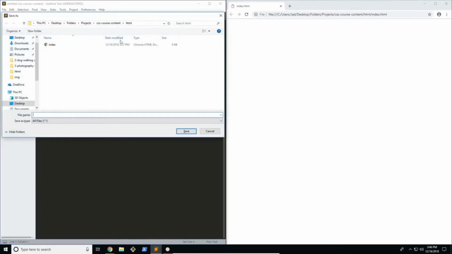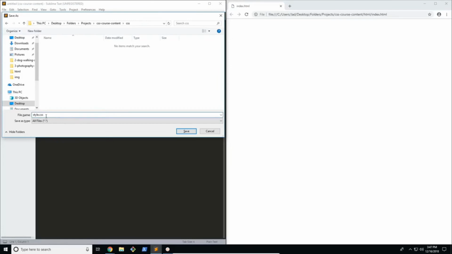And right now I'm here, and what I want to do is create a new folder, or a new directory in my course content folder. Again, you can set this up however you like, but the way I like doing it is creating a folder for every type of file, so that, for example, when the website gets very big, when you have multiple pages, multiple style sheets, everything stays organized. So I'm going to go ahead and create that directory. Go ahead into my CSS folder here, and I'm going to name this